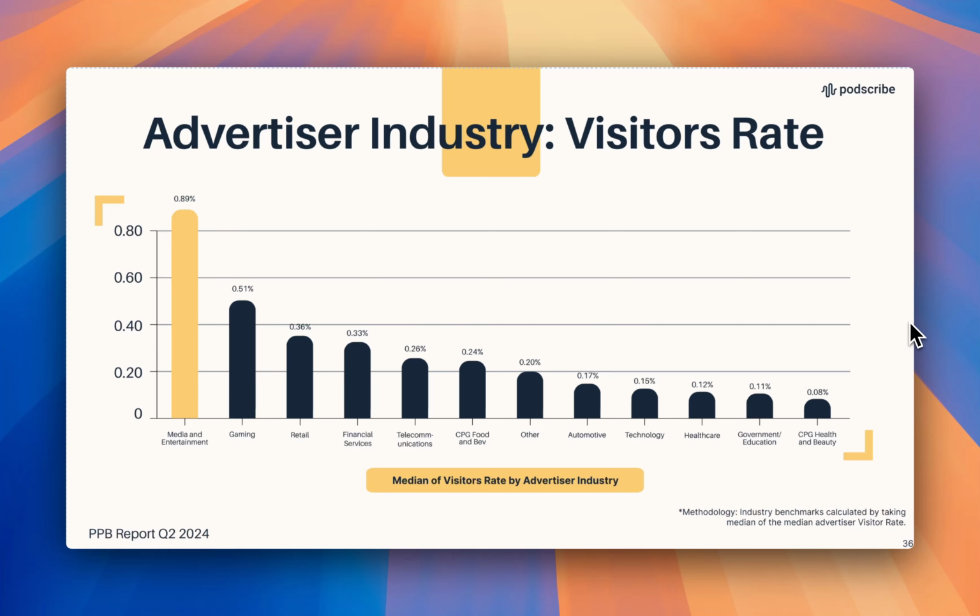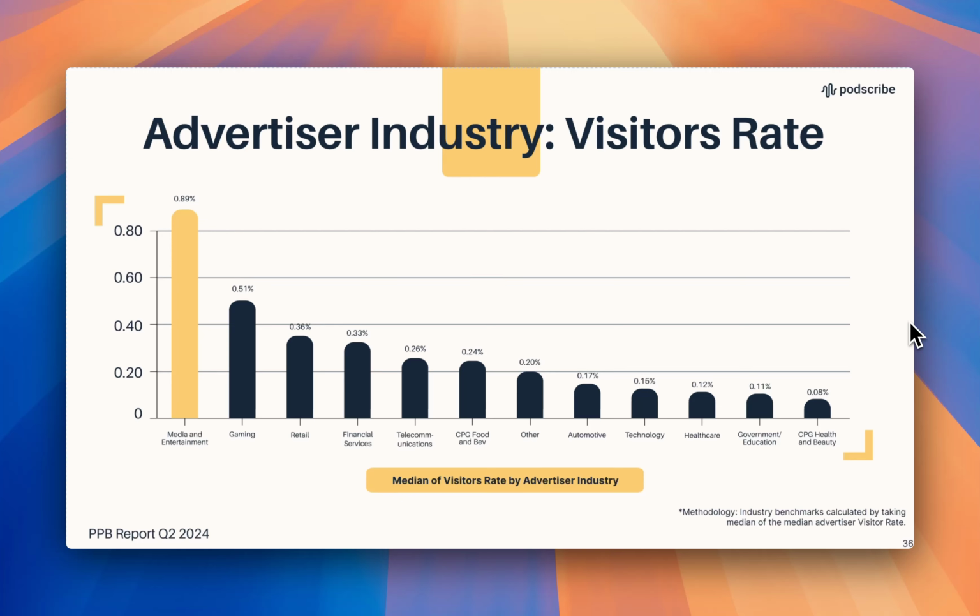Obviously, when we talk about automotive driving people to go to a website, they may go to the automotive website, the actual manufacturer. They may also go to their local dealership. And more often than not, those aren't being pixeled. So from a gut check perspective, a lot of these certainly make sense.